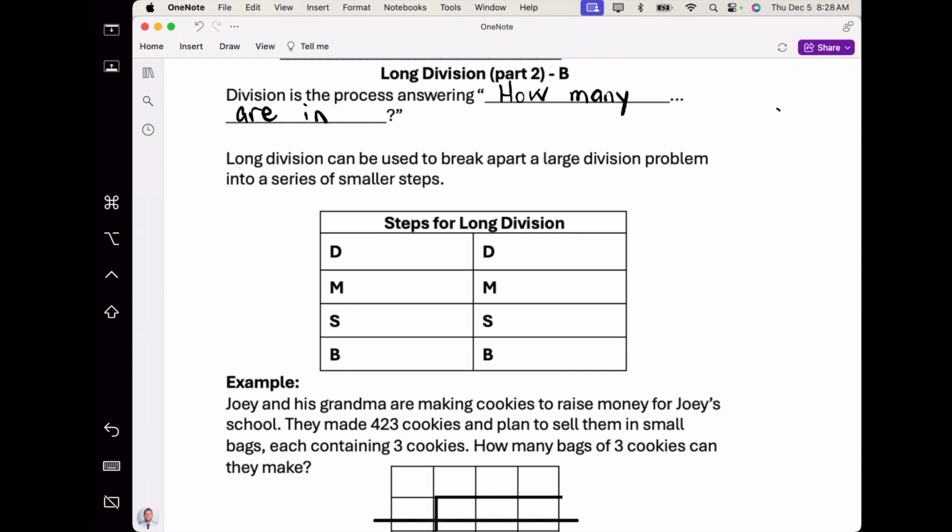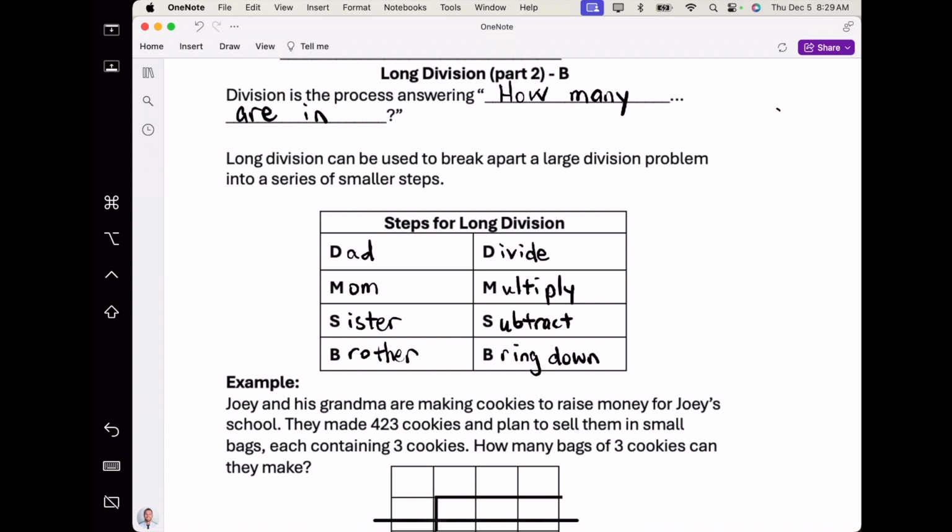We can use the limerick, dad, mom, sister, brother, to remember the steps for long division, which are divide, multiply, subtract, and bring down. And we really just repeat these steps over and over again as we're performing the long division for each digit